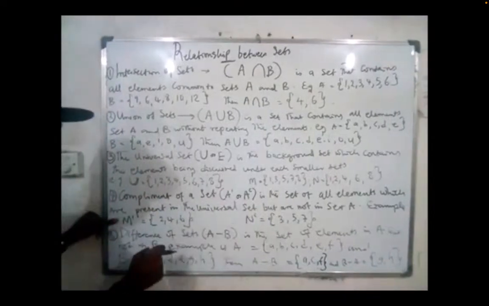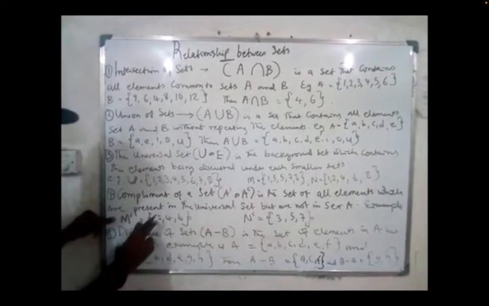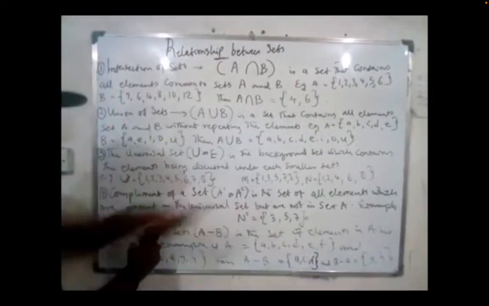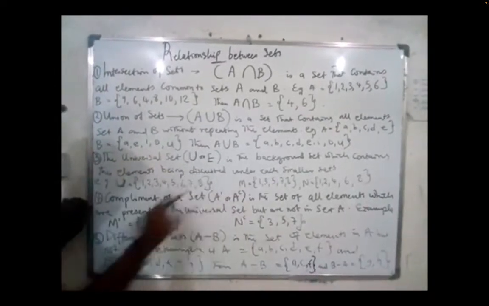Complements of set M are those elements that are in the universal set, but they are not here. Like here you have 1, but you don't have 2. Because you don't have 2 in M, you put it here. You don't have 4 in M, you put it here. You don't have 6 in M, put it here. So those elements that you don't have in M, but you have them in the universal set, they are the